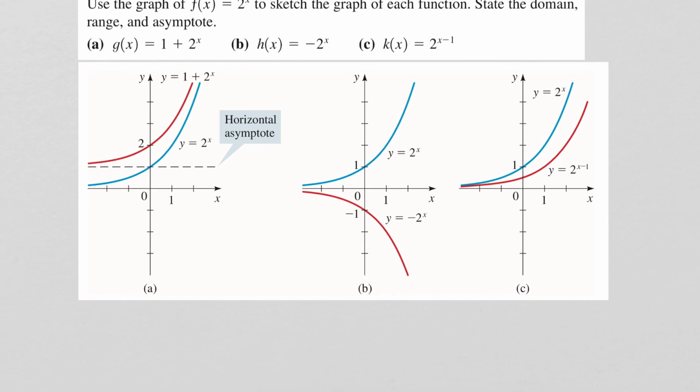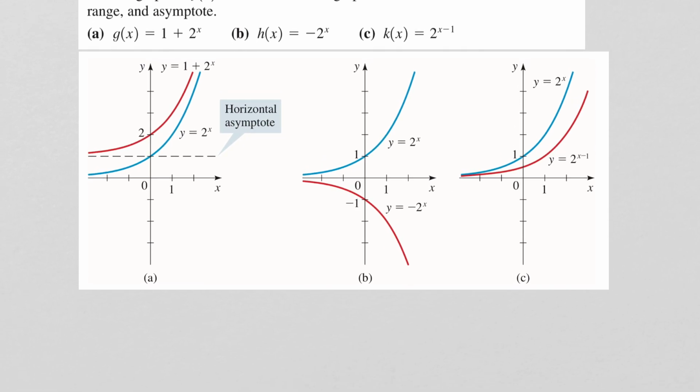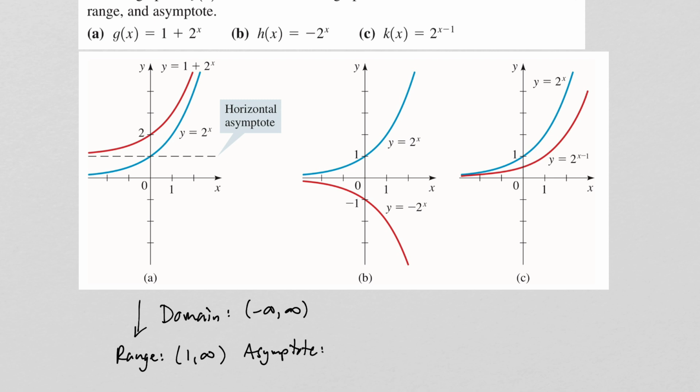Now for the second part, it does say state the domain, the range, and the asymptote. So the domain for all of these is all real numbers. So nothing changes for the domain. For the first one here, the range is going to be all y values greater than 1, right? Because now the graph has been shifted up 1 unit, so it's going to approach but not touch y equals 1. So the range would be from 1 to infinity, and the asymptote for that graph is going to be